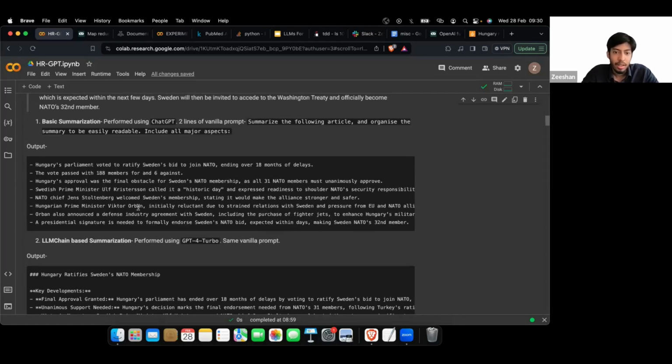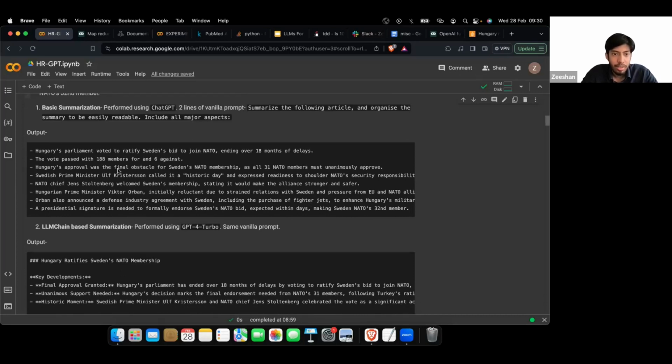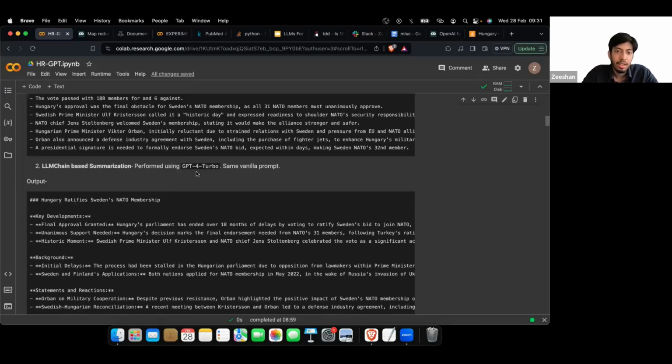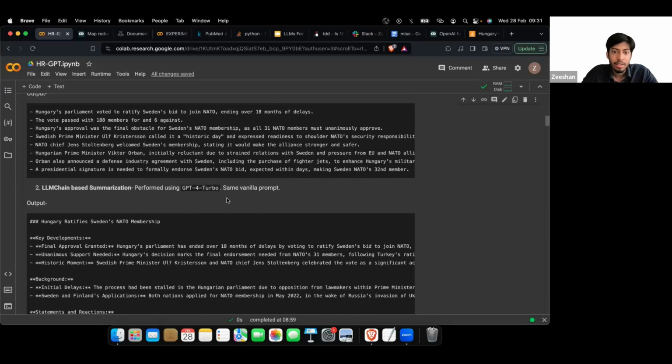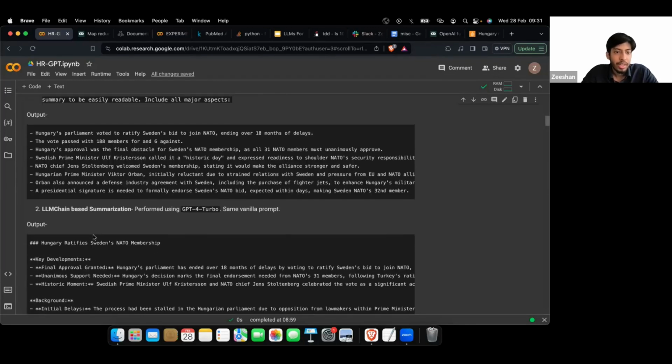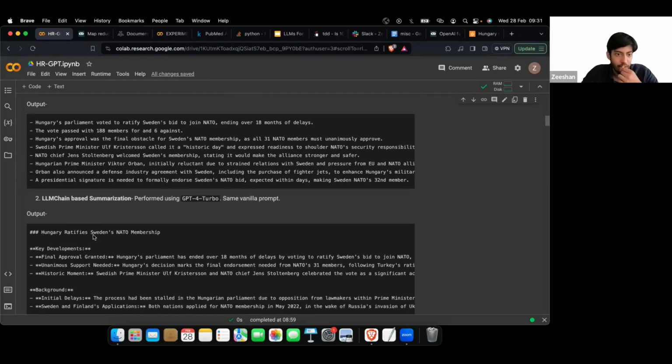This does the job pretty well, and as we instructed it, most of the major aspects have been included in this one. But when we redo the same thing with the second version, the LLM chain, the exact same vanilla prompt is given for summarization, but you can see the difference between the two.